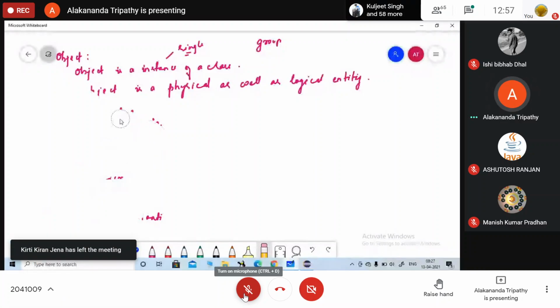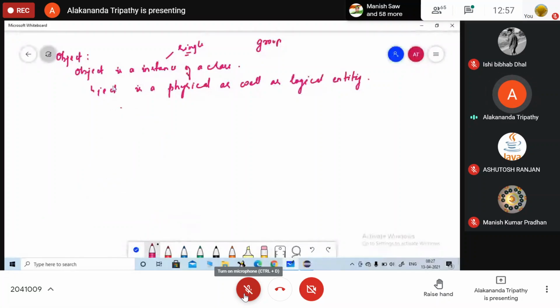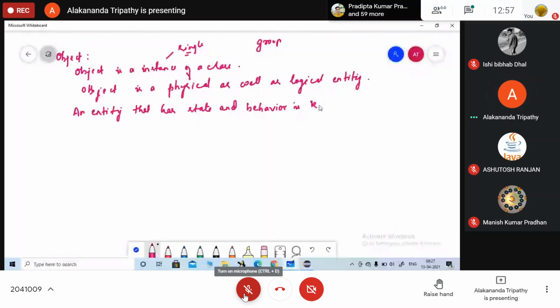Okay, so now come to the definition part. Object is a physical as well as logical entity. So just another general definition, just write down: an entity that has state and behavior is known as an object.